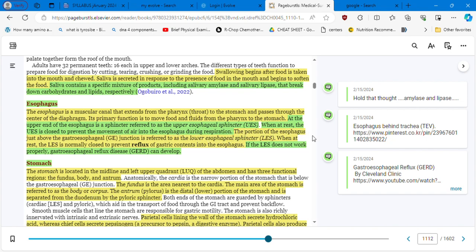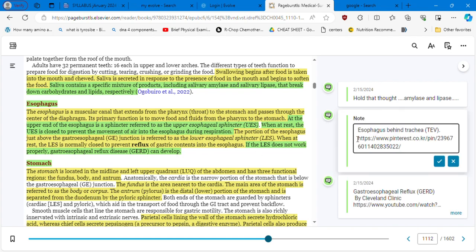The portion of the esophagus just above the gastroesophageal junction is referred to as the lower esophageal sphincter. At rest, the lower esophageal sphincter is normally closed to prevent reflux of gastric contents into the esophagus. So if the LES, the lower esophageal sphincter, does not work properly, gastroesophageal reflux disease, GERD, can develop. And we are going to watch another video to have this concept clear about the sphincter and how this